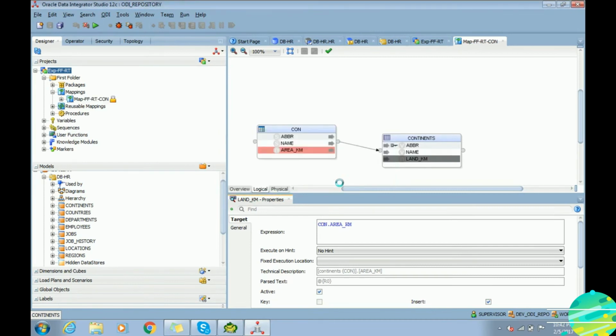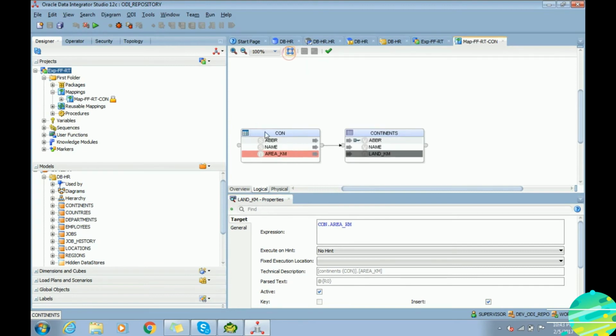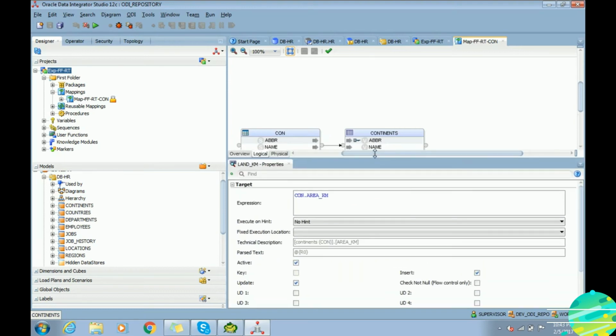While saving you will get this message, that's fine, say OK. Just that square makes things look good, a little bit of customization to make it look good.